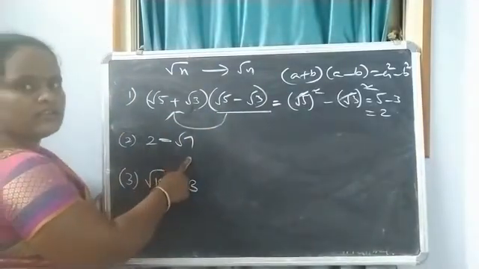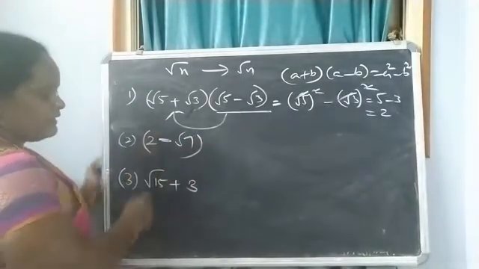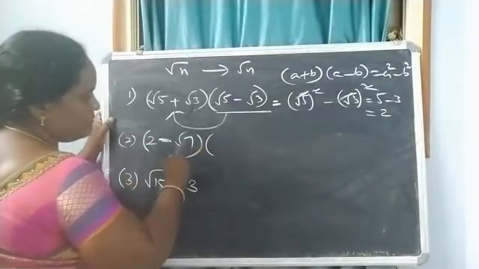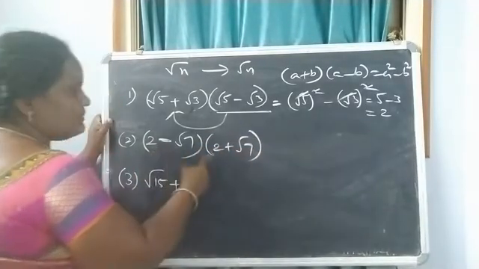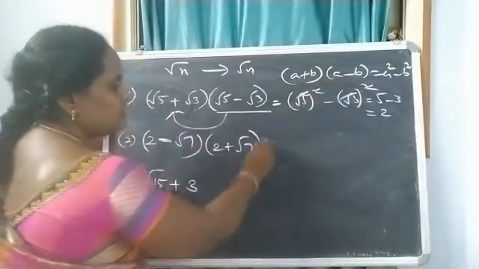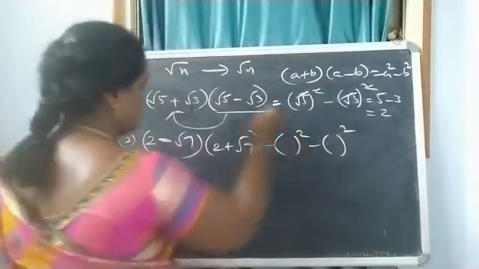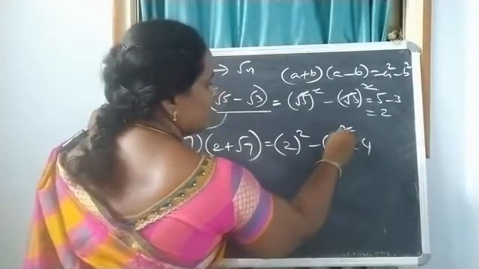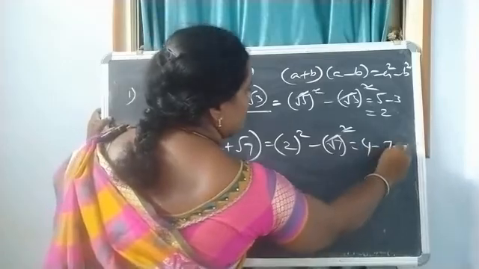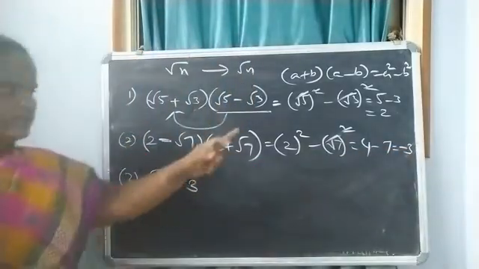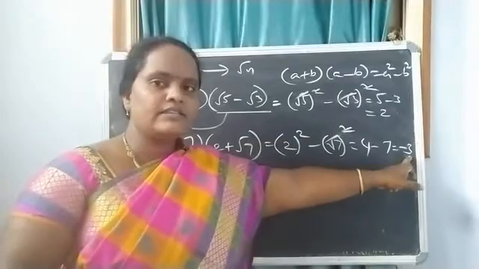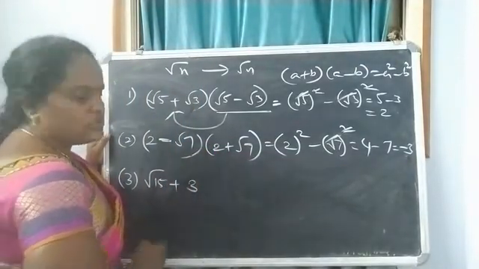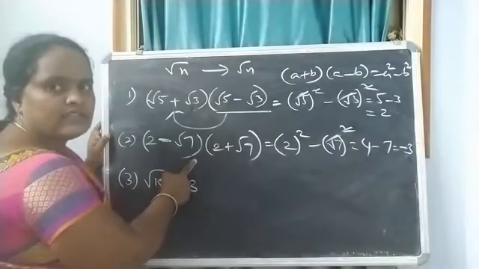Similarly, let us observe this one: 2 minus root 7. What is the rationalizing factor of this? It is like a minus b. Let us write a plus b and check. So what is a plus b? That is 2 plus root 7. A minus b into a plus b is also a square minus b square. So a is 2, b is root 7. So 2 square is 4, square and square root get cancelled, 4 minus 7. That is equal to minus 3. So here also we got a rational number. Minus 3 is a rational number. So for 2 minus root 7, what is the rationalizing factor? 2 plus root 7. For 2 plus root 7, 2 minus root 7 is the rationalizing factor.